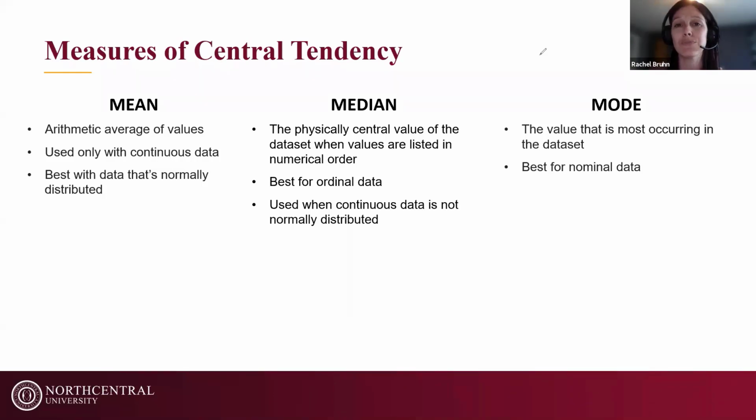We can also use this for ordinal data. Again, if you're not familiar with those levels of measurement, you might be wondering what ordinal means. Just think of it like rankings, something that we can put in a specific order. So this might be something like if you're running a race, you can come in first, second, third, fourth. Those have an order. So we can find the middle of that list of orders.